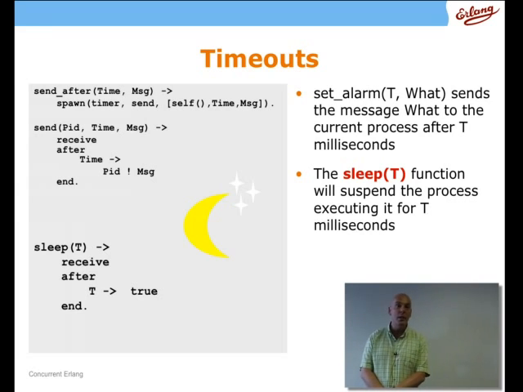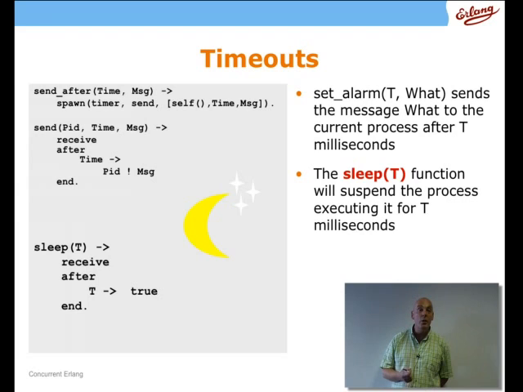Let's take another look at an example here. This is a function that will send a message after a particular time, and let's have a look at what happens there. What send after does is immediately spawn a process which executes send in the timer module with arguments self, which is the PID of the creating process, a time and a message. And what we have in the body of the send is a receive statement with a